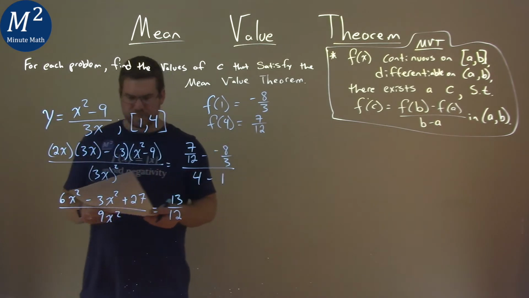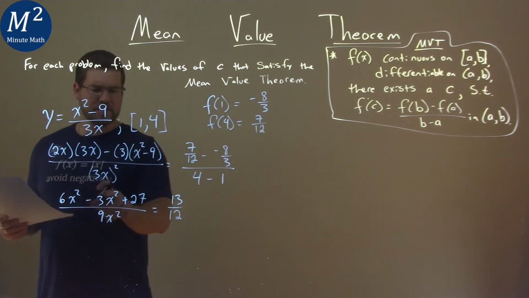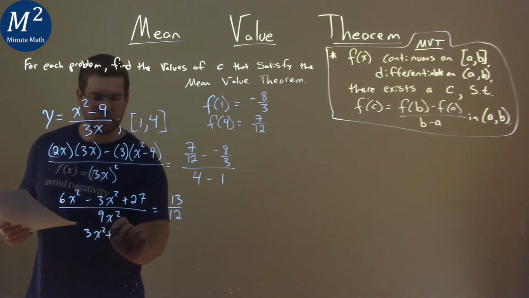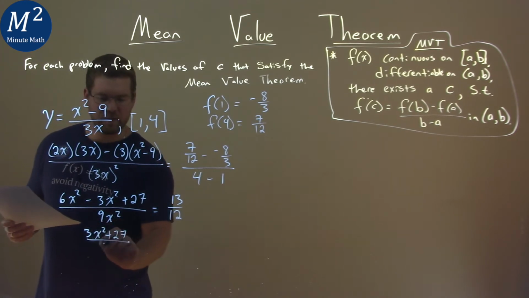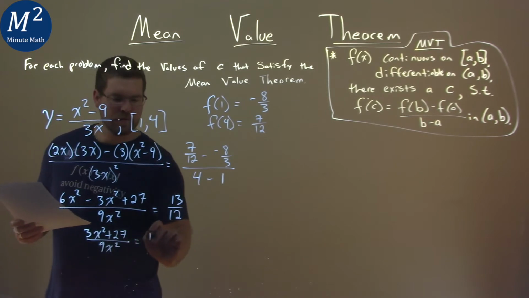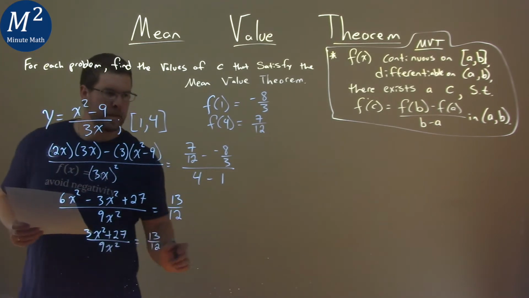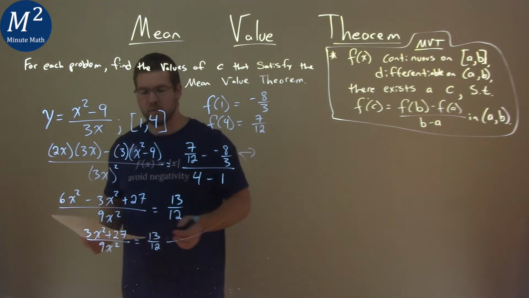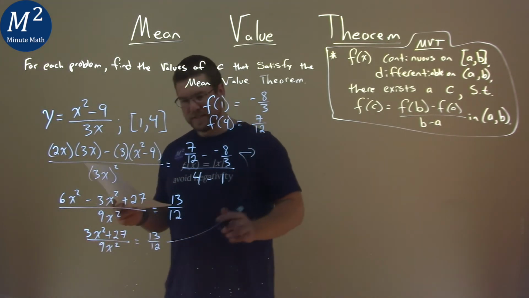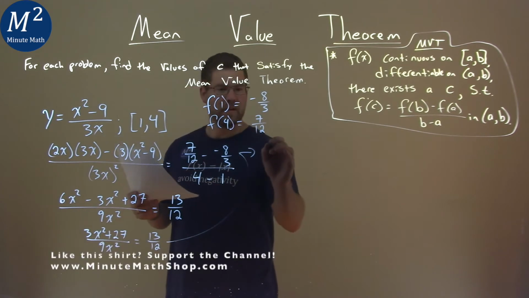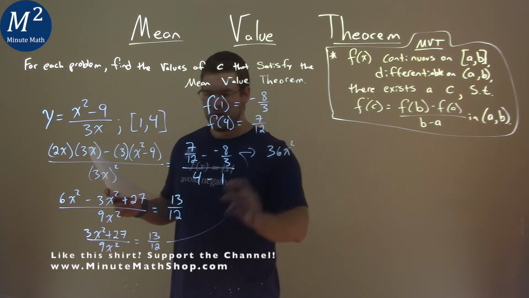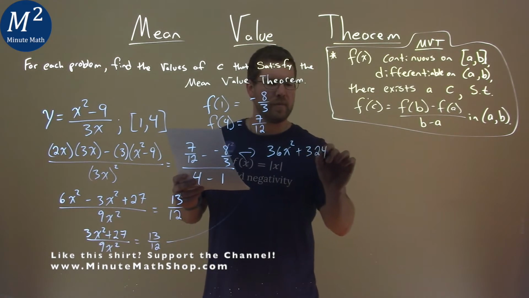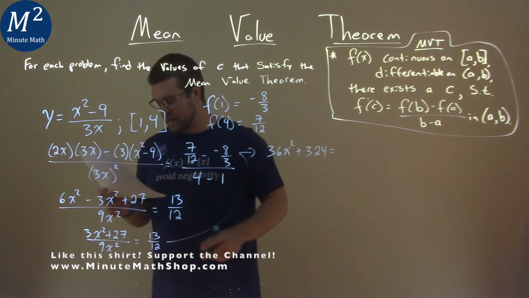At this point, I simplify this a little bit. 6x squared minus 3x squared is 3x squared plus 27, almost got ahead of myself here, and 9x squared, and that's equal to 13 over 12. So now at this point, I'm going to cross multiply: 12 times the 3x squared plus 27. So 12 times 3x squared is 36x squared, and 12 times 27 is 324. 9x squared times 13 is